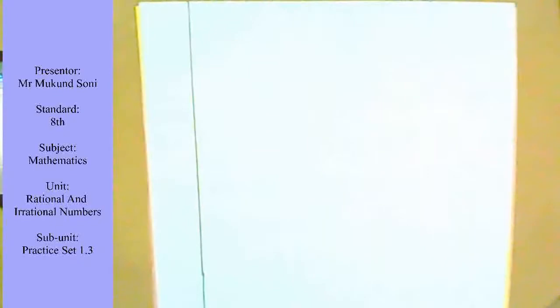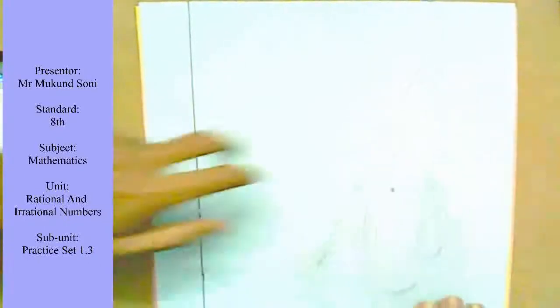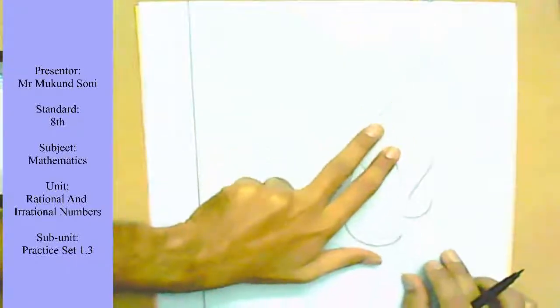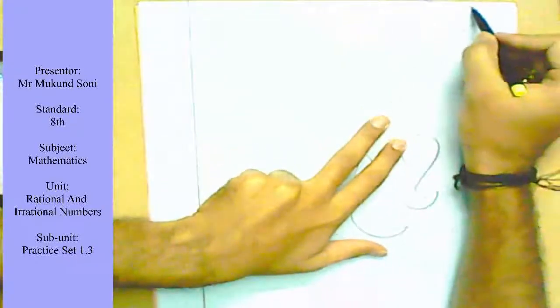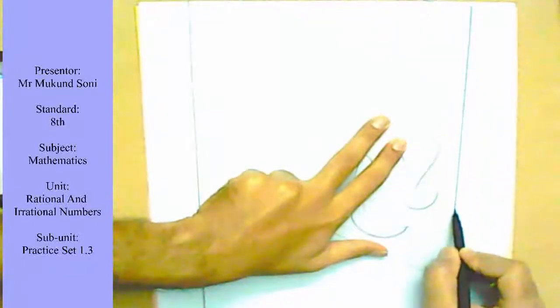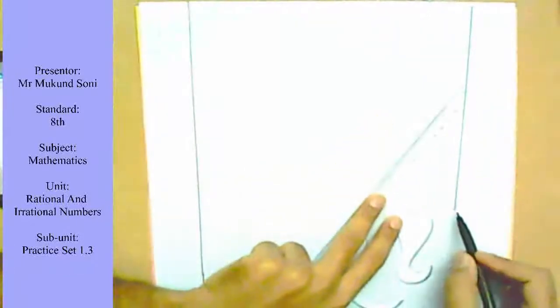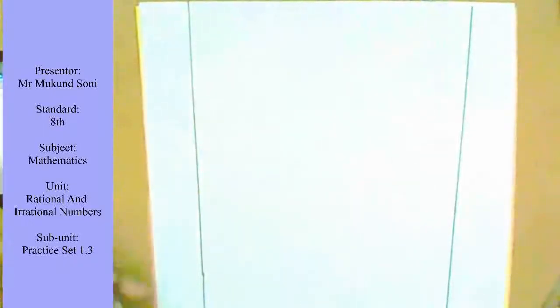Now, as I have told earlier, we shall be drawing a rough line to do our rough work. We shall not perform any rough work at the back of our pages. Even in the exam, you should draw a line like this one. Observe carefully. On the right hand side, you are going to draw a single line with appropriate spacing, and on that you are going to do whichever rough work is needed.